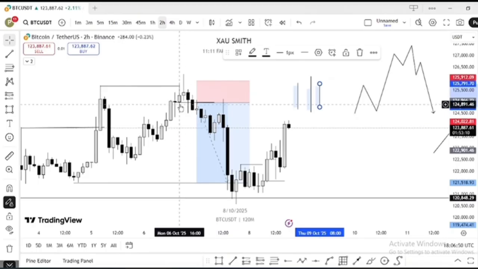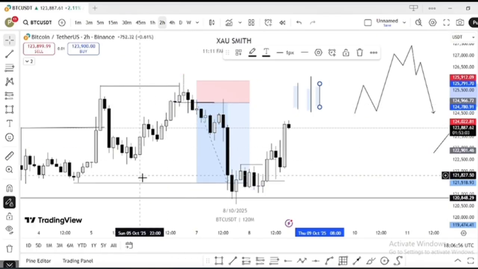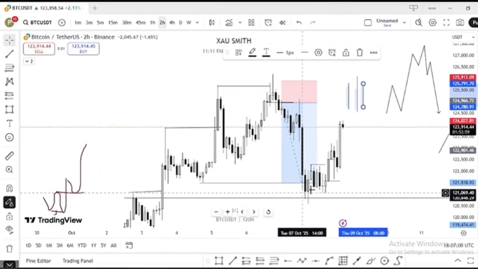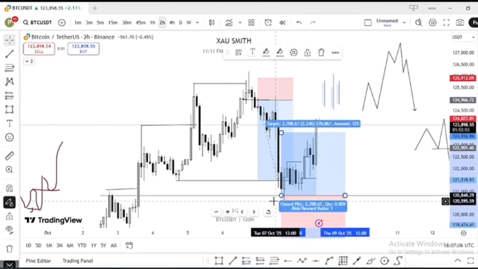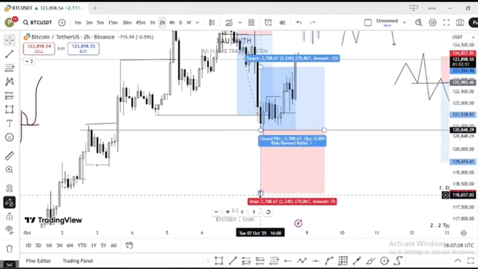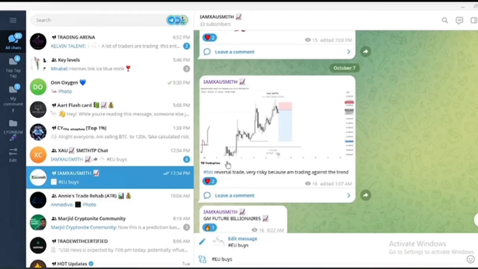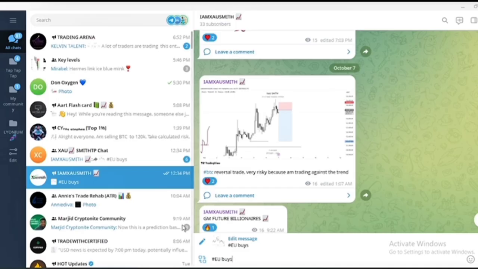So when I saw that this was my change in state of delivery, then I entered my trade here. Then I was targeting this liquidity and I was waiting for market to come to this zone so that I could buy, which is this zone, right? Market should come back to this zone so that I could buy. And if you look at this, this was where I was looking for market to come, then I'll buy. Yeah, so market did the same,